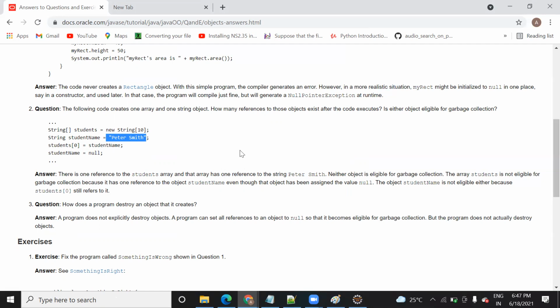Collection, constructor. So there is a concept called constructor that is used to initialize a value to the variable.